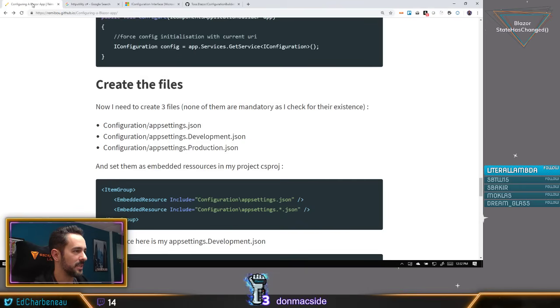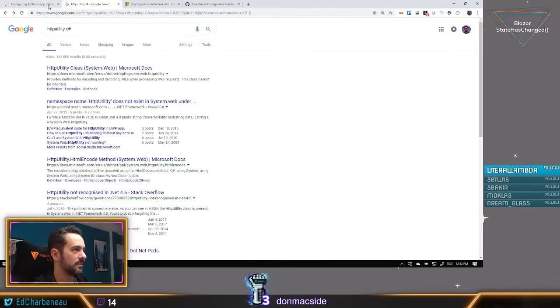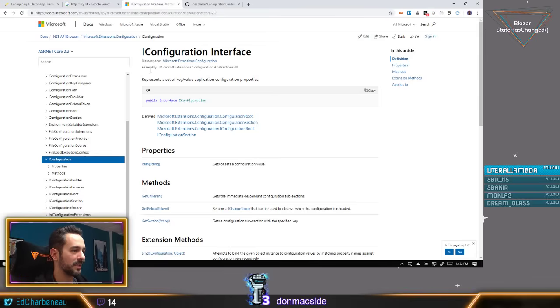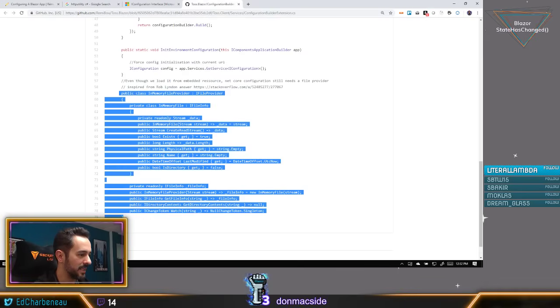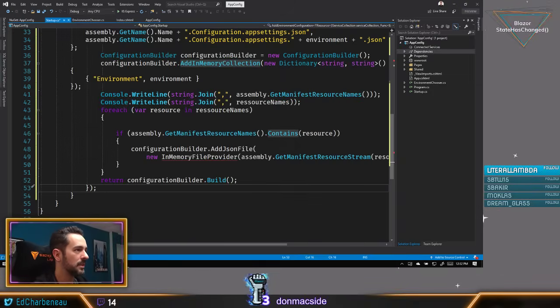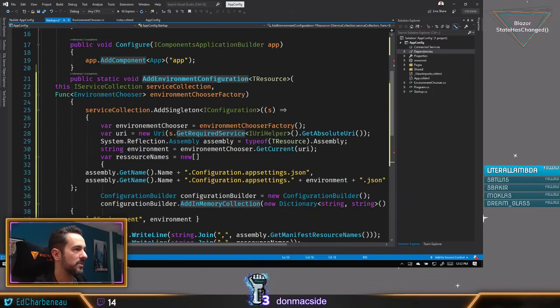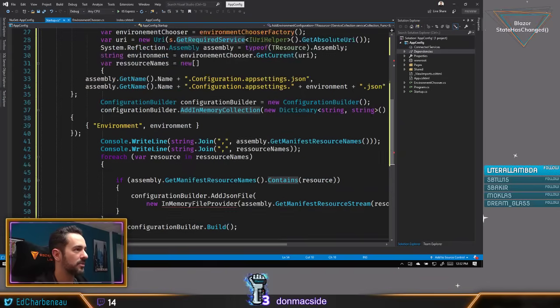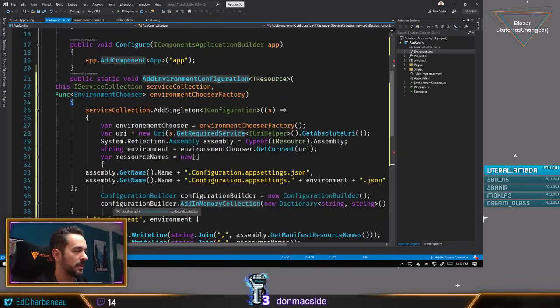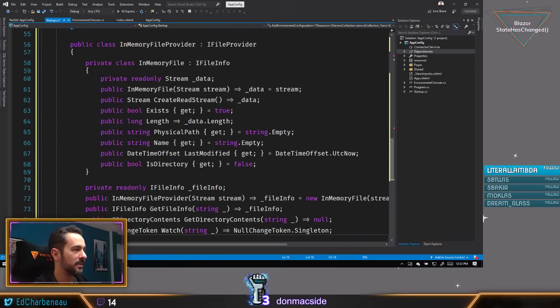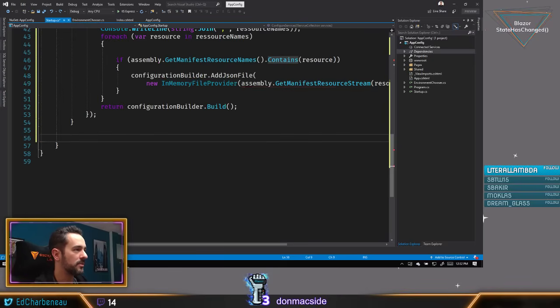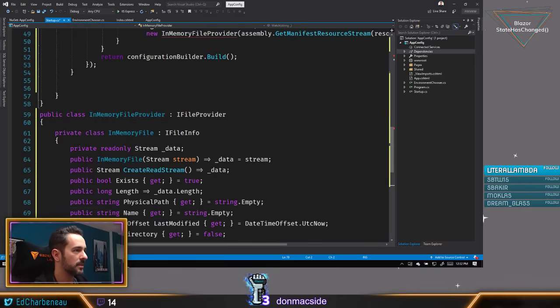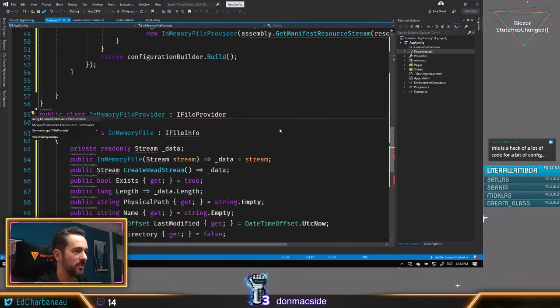So it wasn't much, but a link, I guess the Stack Overflow link is probably enough if you've got time to parse through all of the steps here. But I was trying to save a little bit of time and just do some copy paste coding. So let's move this down here. So we've got in-memory file provider and iFile provider. So that we do need a reference to. So iFile provider,